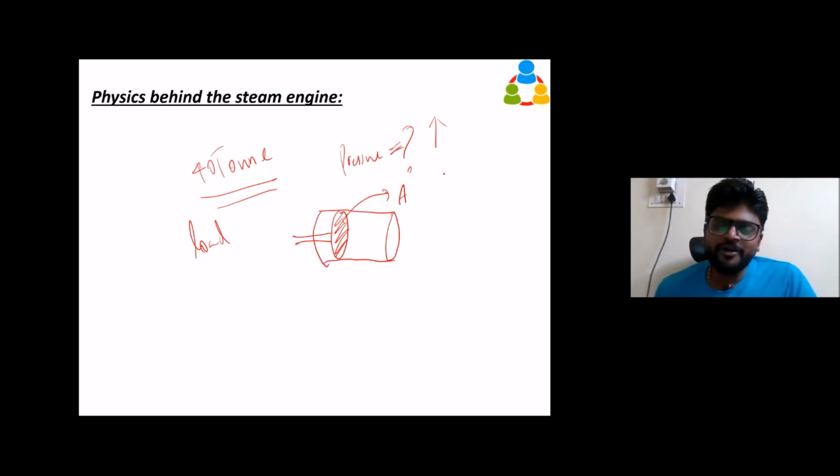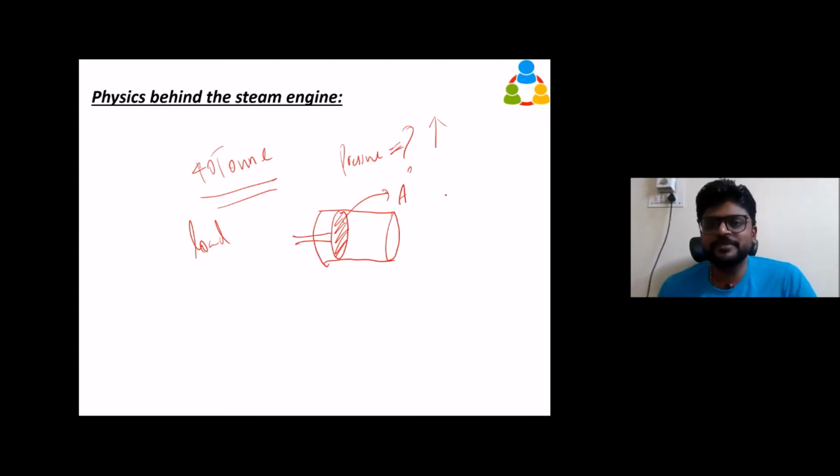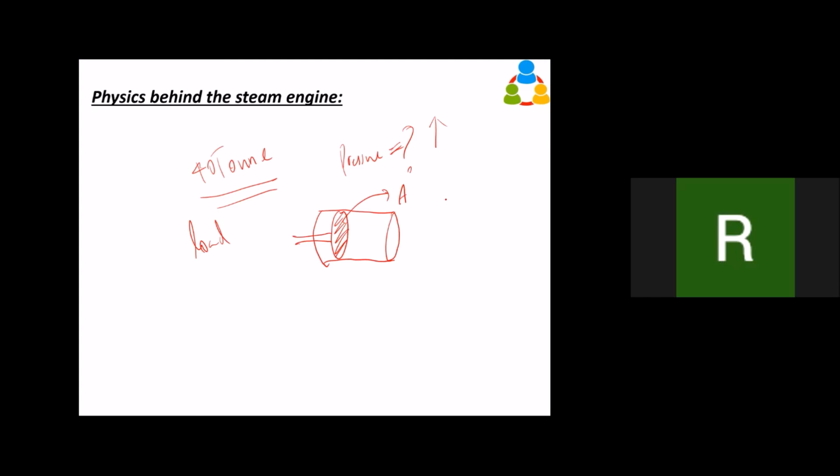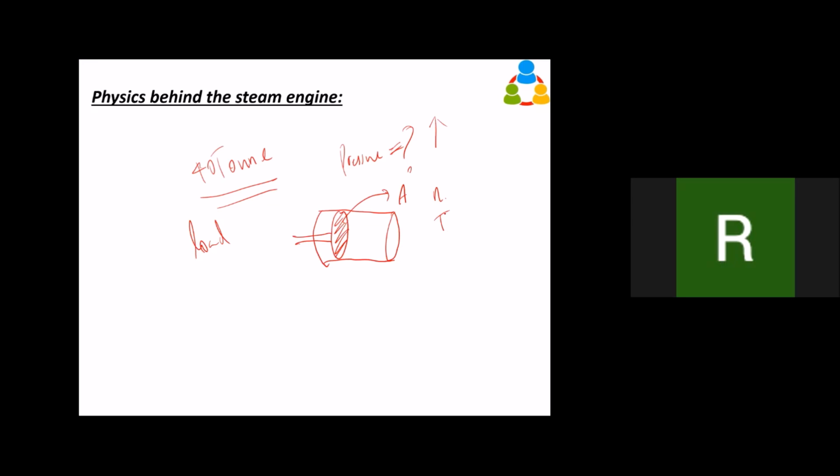So here, what quantity is increasing? One is temperature, another one is? So the level of this water? Yeah, not level, steam. The number of steam molecules. Yeah, number of steam molecules, that is N. And the temperature of the steam, right? Am I right? Yes, sir. So number of steam molecules and temperature.